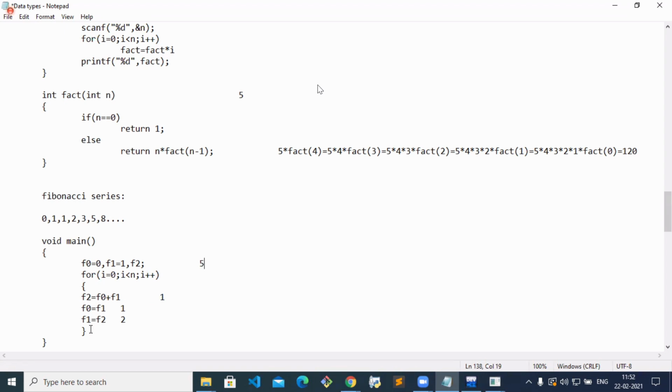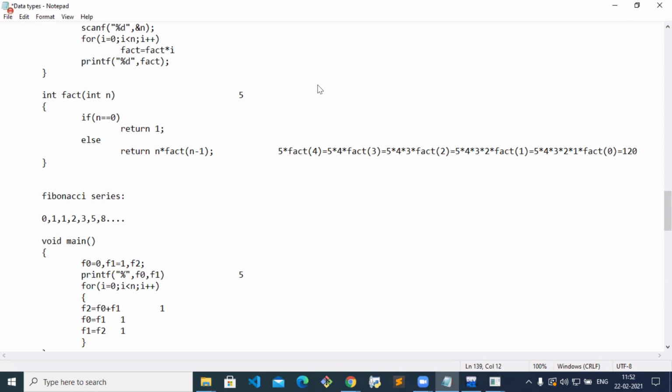Next it is 1. F2 is also 1, right? Okay. Now where will you print it? Before the loop itself, I'm printing: printf percent d comma F0 comma F1. So two percent d's.